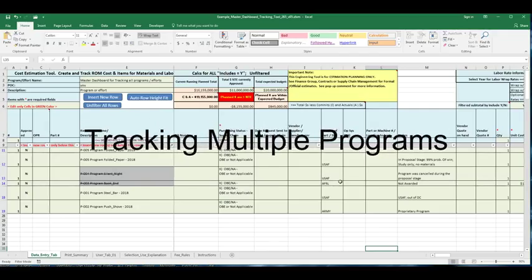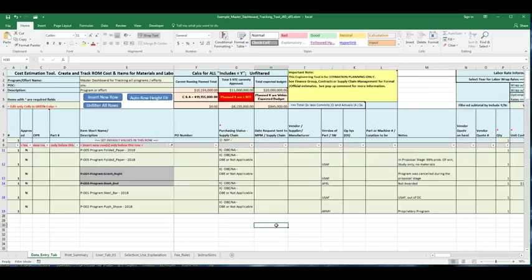Let's say you want to manage and track multiple programs, but at a very, very high level. So you can enter into the description what your program names are, and I have a few that are blocked out that I've selected no on the far right because they were canceled. I've selected X across the board. The version number I used as the